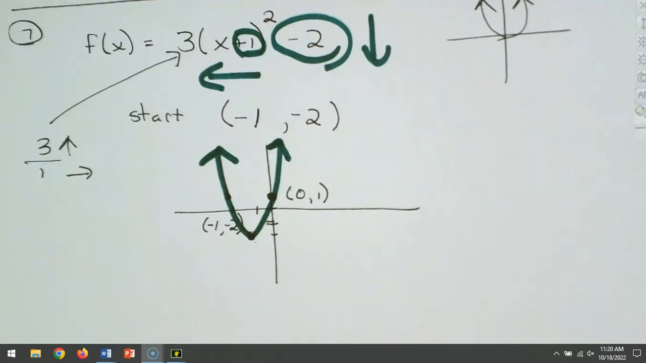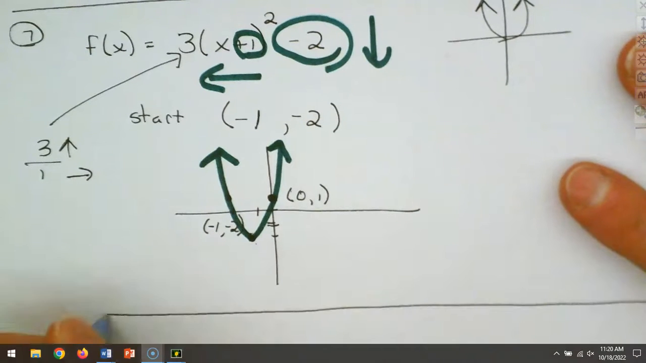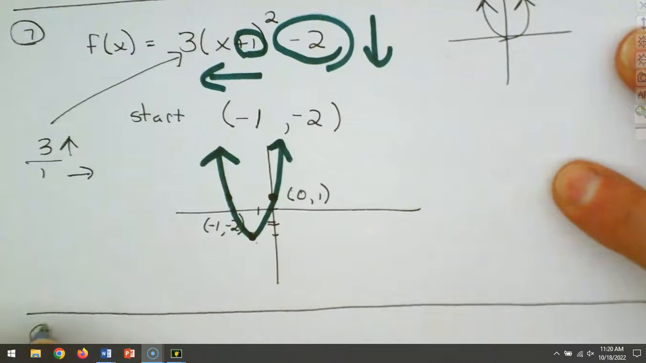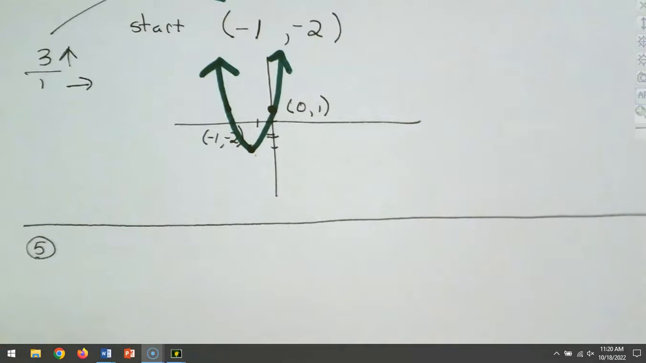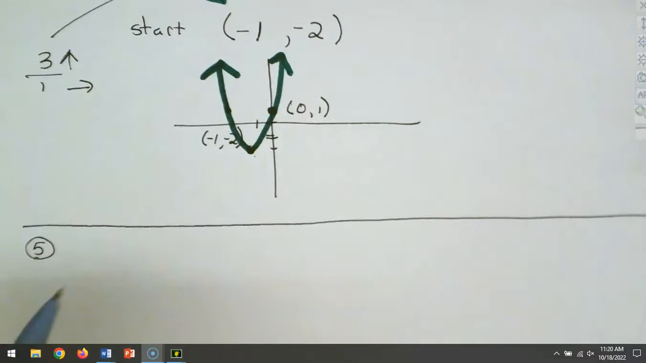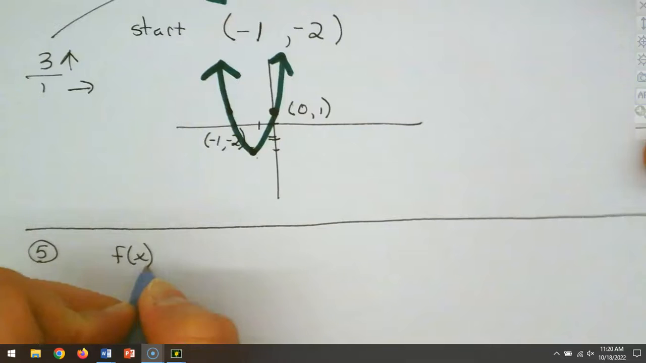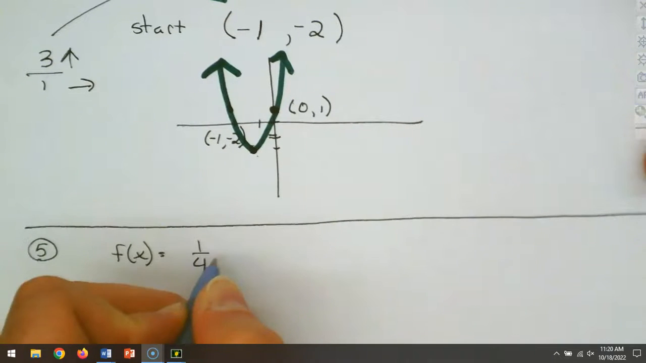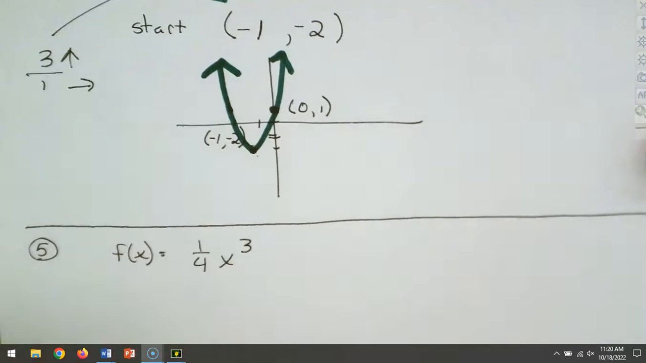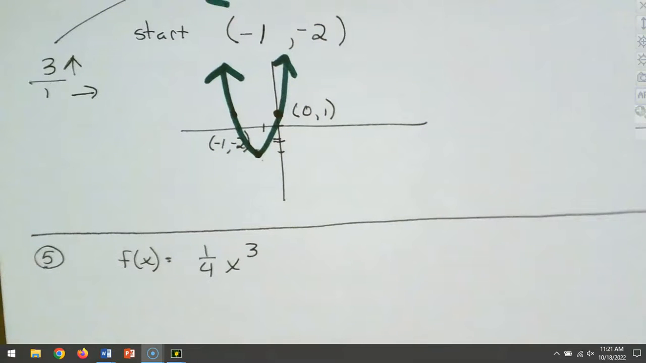And I think we may have forgotten 5. Yeah, I forgot to do 5. So we'll go back and get 5. Sorry about that. We'll go back and get question 5. Question 5 is f of x equals 1/4 x cubed. Okay, so for question 5,